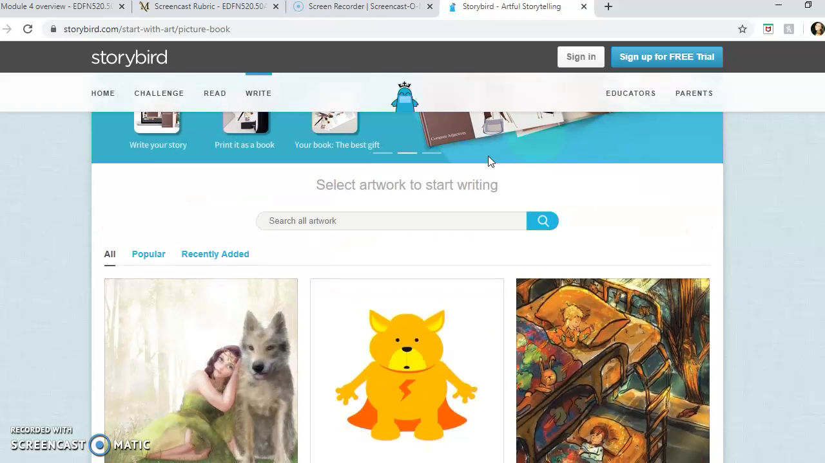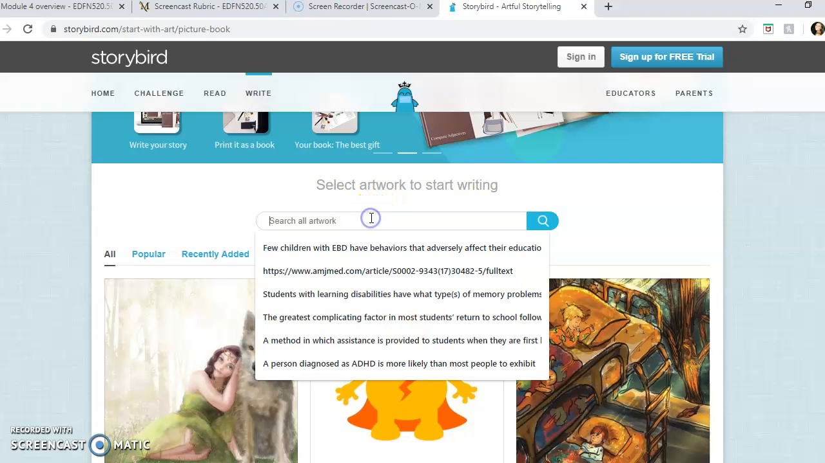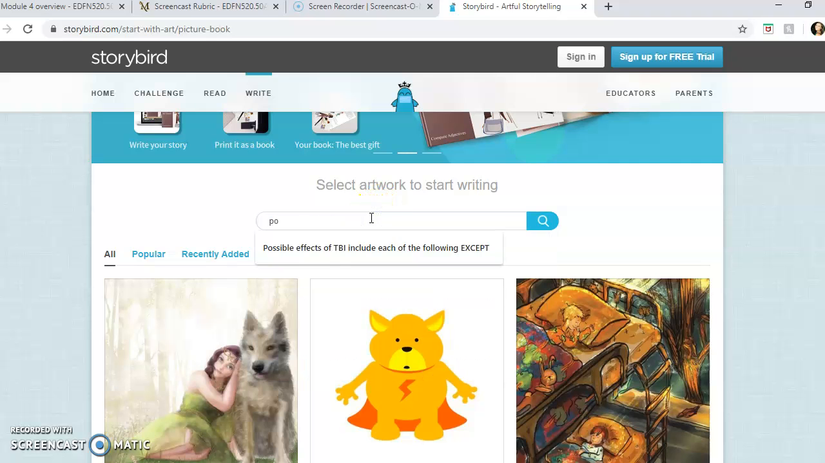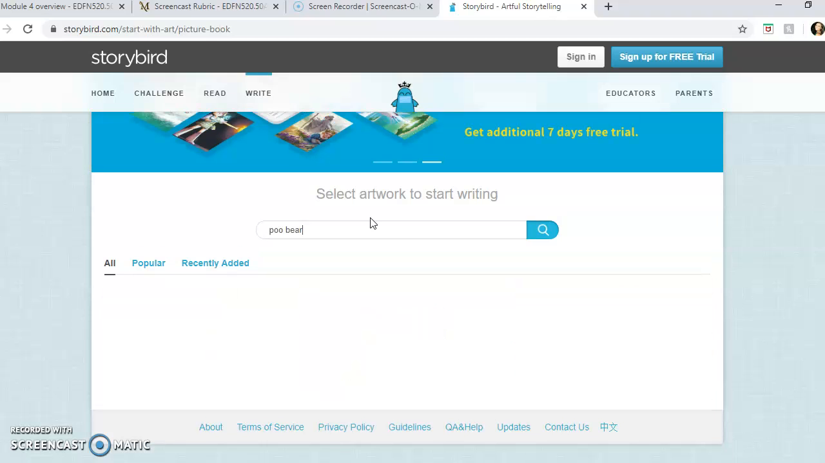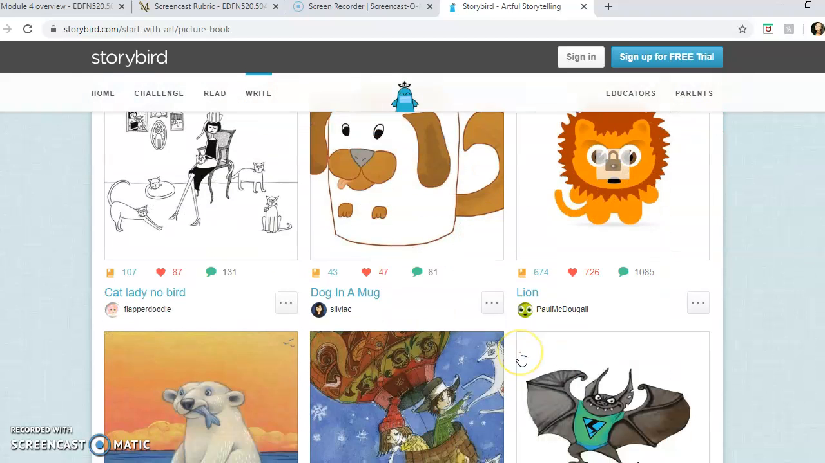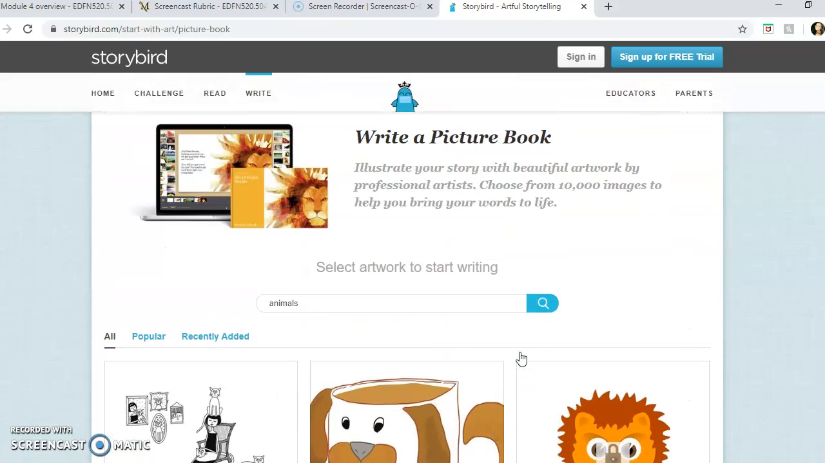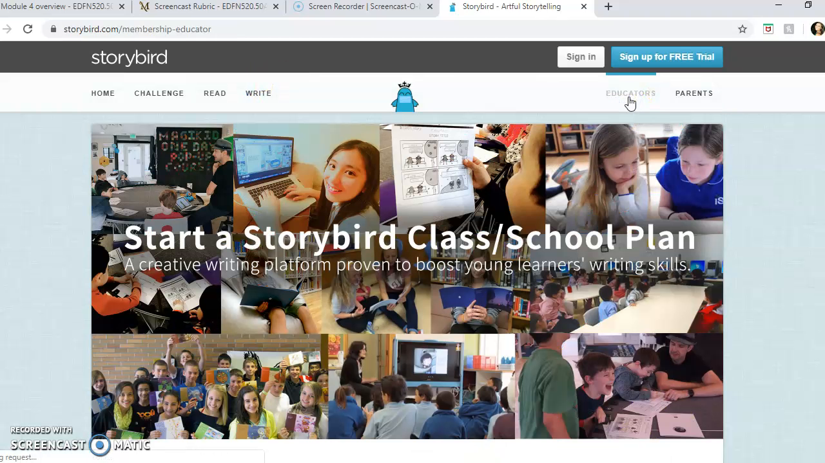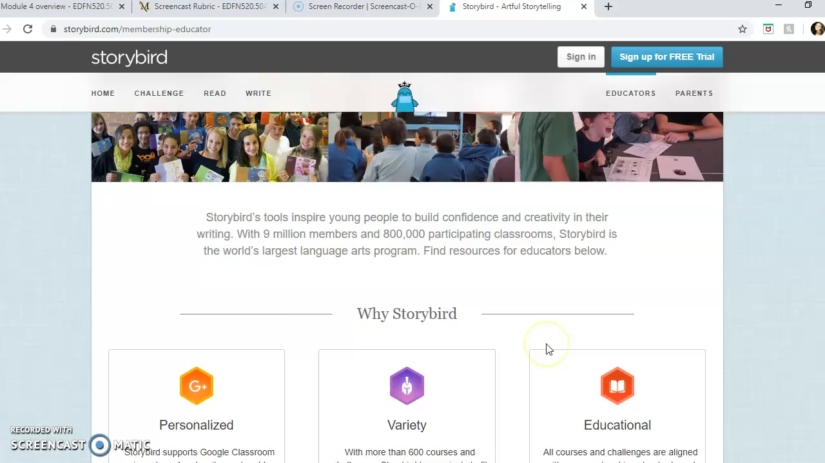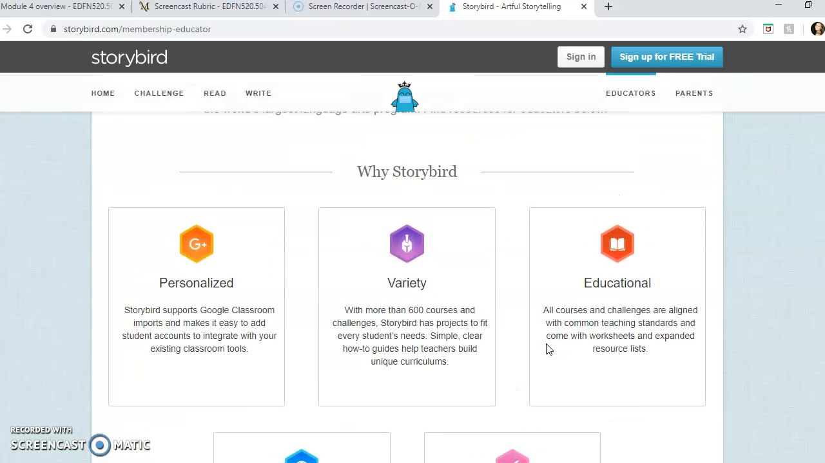And then, how I talked about before, when it goes to make the illustrations, they can, for example, look at different applications and they can look at different animals and look at what really inspires them, and they can write about it. And then as we go to the educator side, we get to see why Storybird, what it is from an educator's perspective,